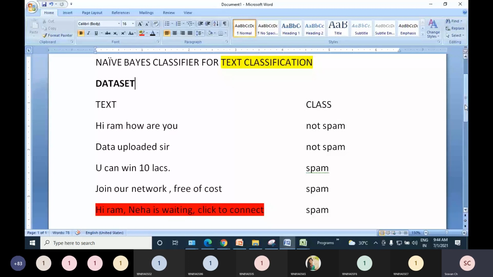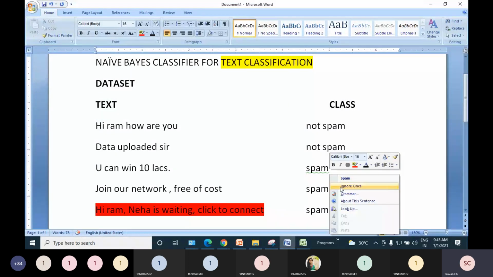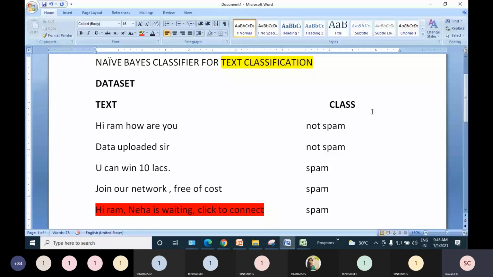But friends, if you observe, in this data set also we have two parts, or you can say two columns. The left side is a column called text. So I have my text and I have class. These are like headings. Now, in the play tennis example we had two classes, yes and no, meaning the person will go for playing tennis or he will not. So we had two classes.